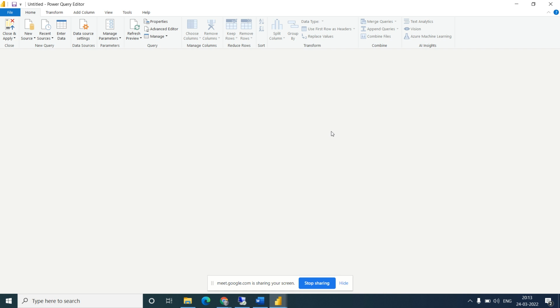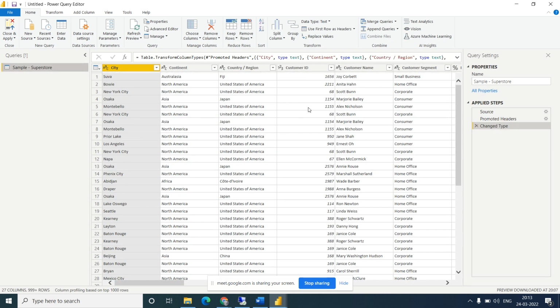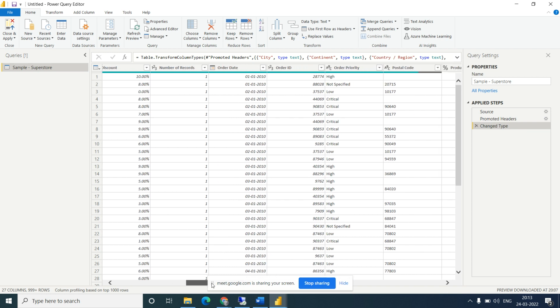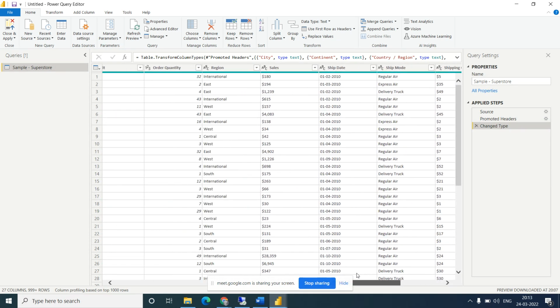How to change the data type of the sales column? This is sales. You can see there is an ABC, which means it is showing text. I want to make it an integer.